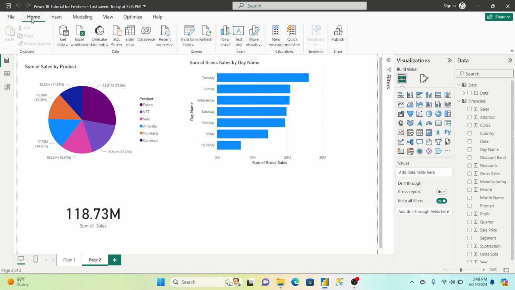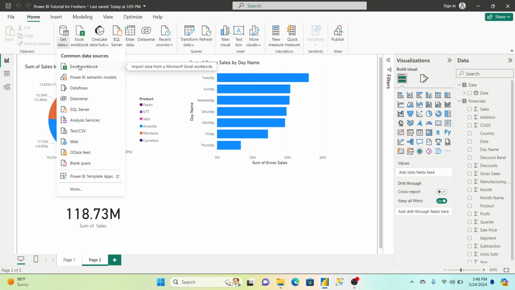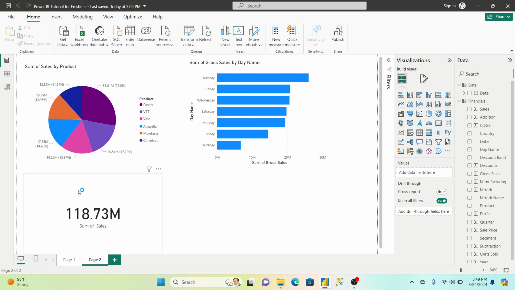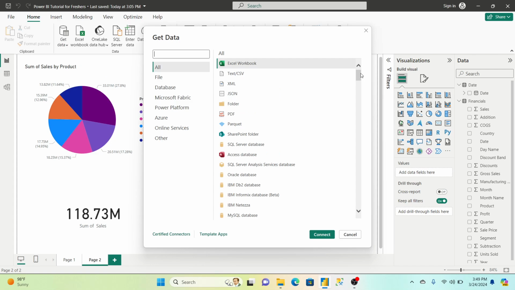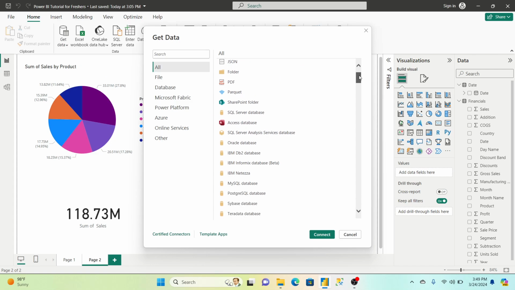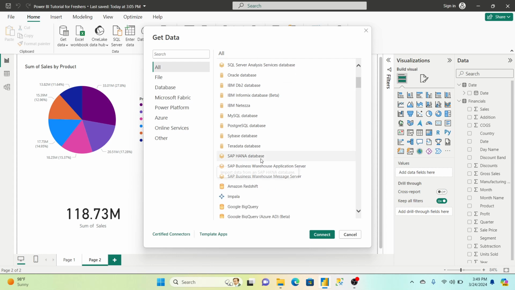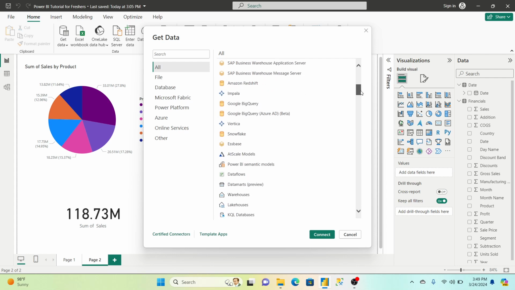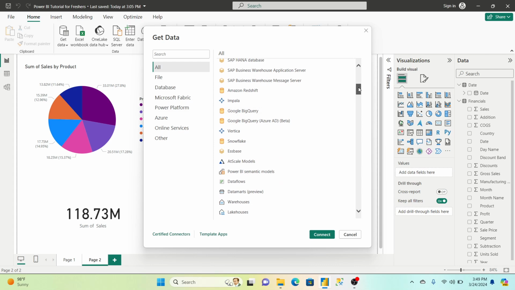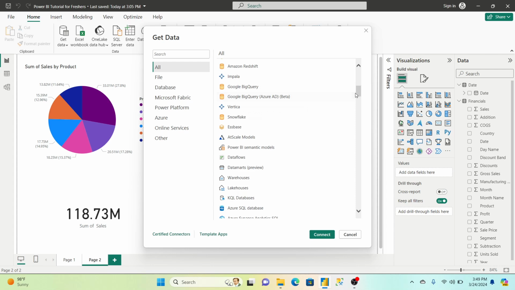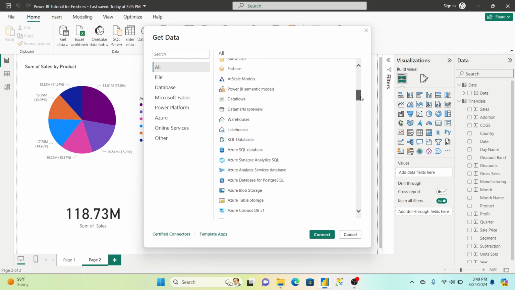Okay, first tab is the home tab. In this home tab, from this Get Data, you can extract the data, whatever your data sources, Excel or SQL Server or text CSV, web, SharePoint, whatever. See, there are many options. See, from this More you are able to see MySQL database, Teradata, Google BigQuery, then Power BI semantic model, that is the Power BI service part, warehouses, Azure,